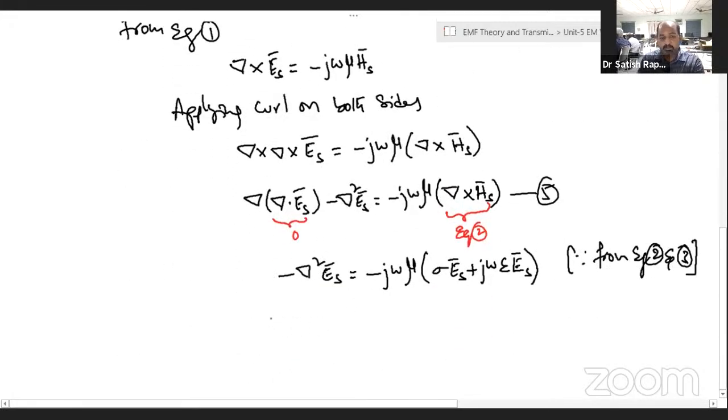Simplifying this, del square Es bar is equal to what we will get